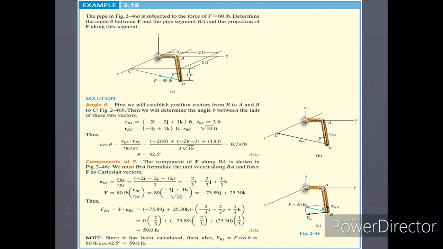So BA is A minus B. 0 minus 3, minus 3i. 1 minus 3, minus 2j. 0 minus 2, minus 2k. Is that clear? And we can get the magnitudes, and then we can get the angle between them,